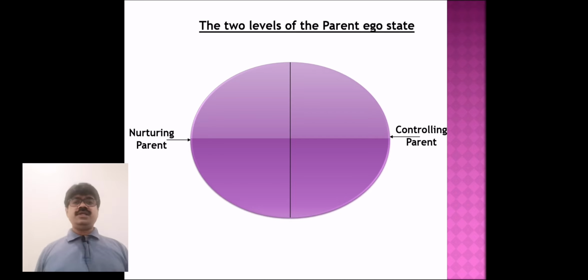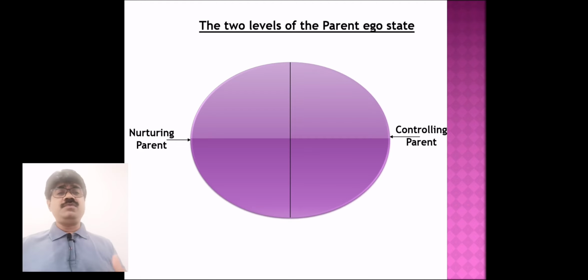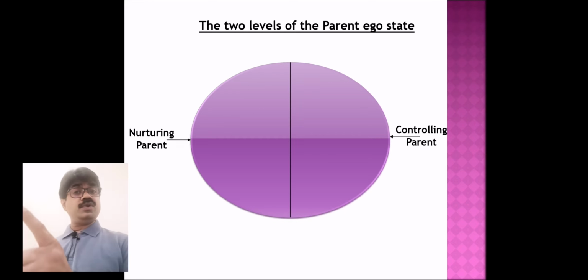Now, regarding the parent ego itself, Eric Berne says there are two types of parents: a nurturing parent and a controlling parent, sometimes also called a punishing parent. It depends on the kind of parenthood that you got in your childhood. Sometimes your parent must have been a very controlling, punishing kind of person. Now, if you do that, I'm going to give you a hit. Don't you do that, I'm going to punish you. Don't you do like that, I'm going to snatch away the sandwich from you.